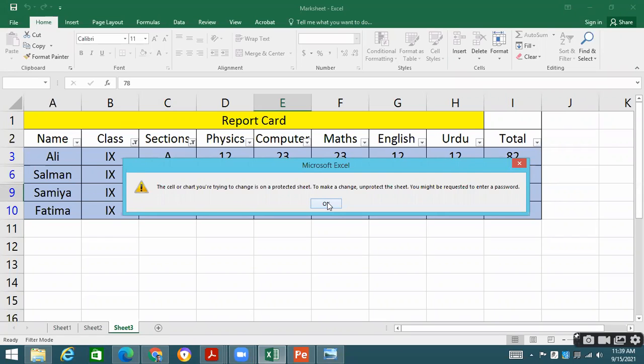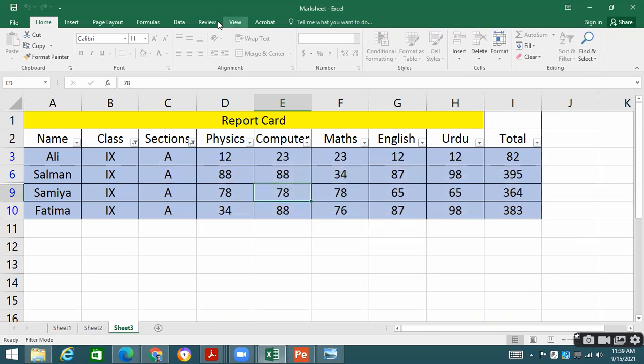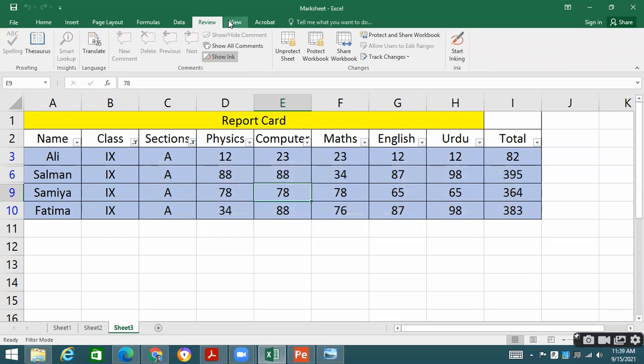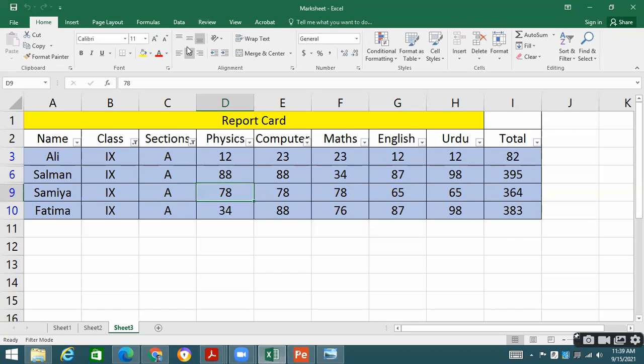We had made our sheet protected yesterday. If you see over there, we had done this thing. So we can unprotect the sheet so that it should work. Now it has been unprotected. So all these options are given on the Home menu. Alignment group is there, font group is there, number group is there, conditional formatting, all these things are there. I have explained the conditional formatting as well.